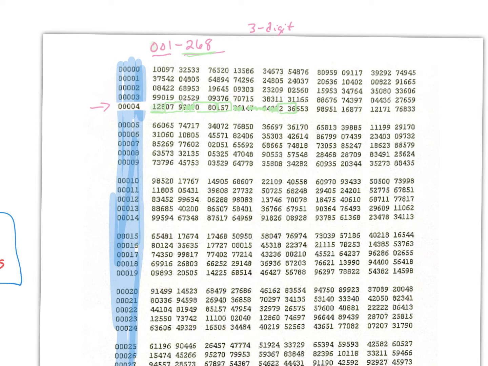So I need you to notice something. I might have to continue on to that next line to get all 10 of the three-digit numbers that I need. You have to realize that, okay? But in this case, because the largest number that we have is 268, we've got to go with three-digit numbers, okay? So questions on how you're going to do that process? We're going to have to practice this a little bit more, but